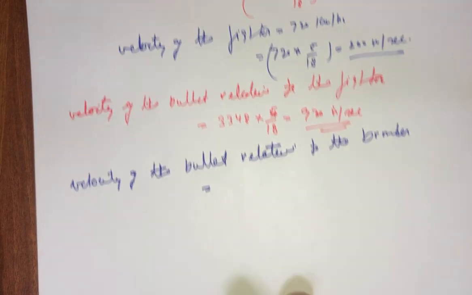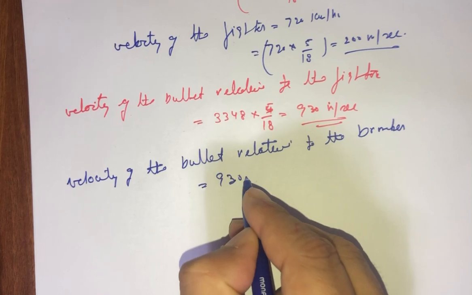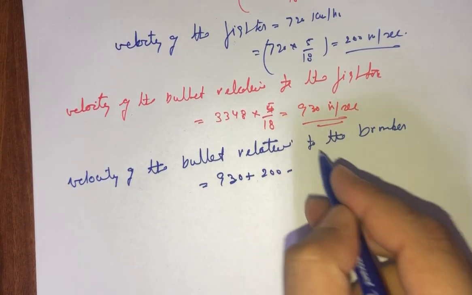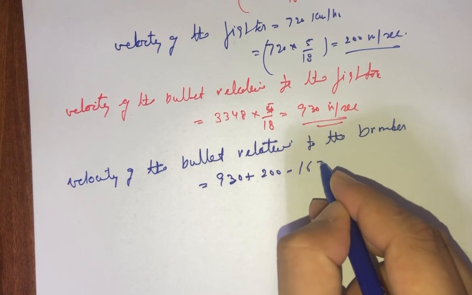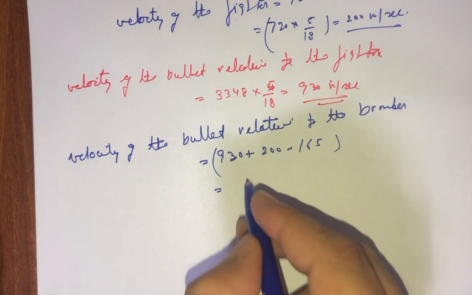So next we calculate the velocity of the bullet relative to the bomber. This will be coming as 930 plus 200 minus 165, and this will be equal to 965